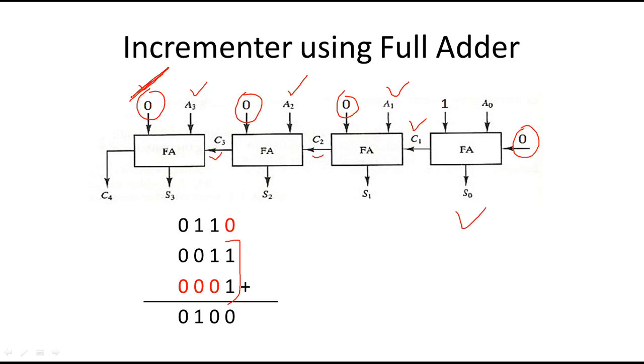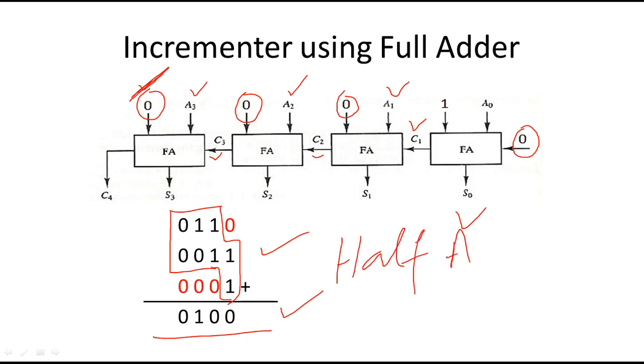And we know that a full adder adds 3 bits and a half adder adds 2 bits. So it's more convenient and easy to add 1 by using a half adder. So I've highlighted that it adds 2 bits and the zeros which are in red. We can just skip these bits in our addition and it will give the correct answer. So we can also use a half adder to implement an incrementer circuit.